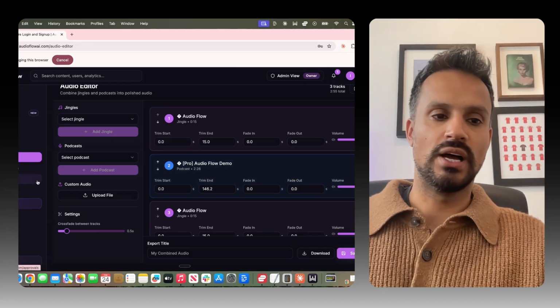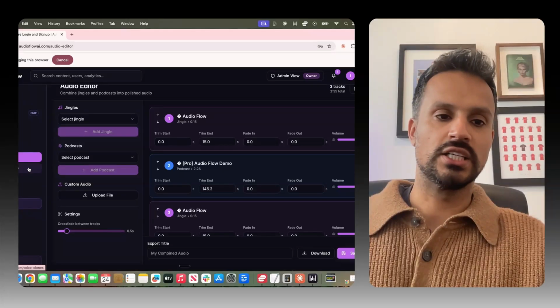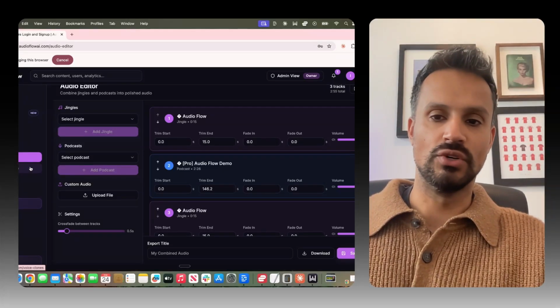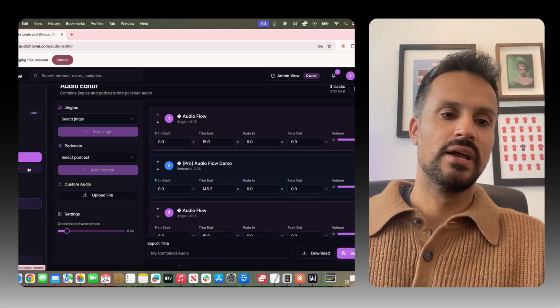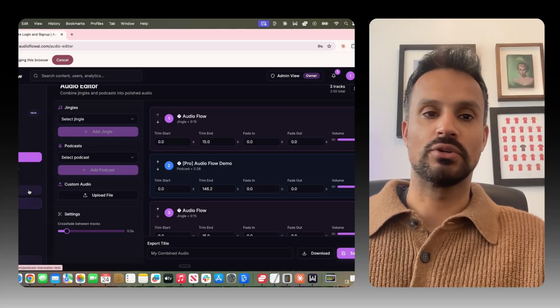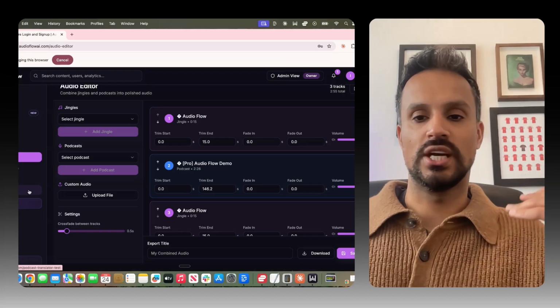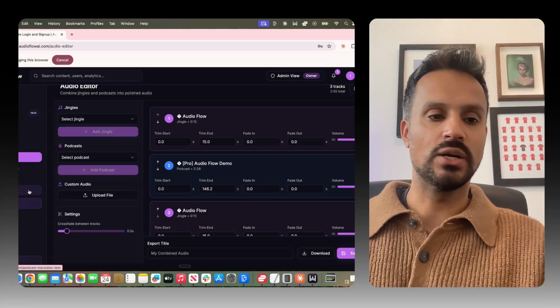So these are all features that you can do within the AudioFlow platform. There are other features as well: you can customize your own voices, so you can record your own voice and customize that in there. You can translate, so you can take an existing podcast. Any podcast that you've got, you can upload a real conversation and translate it into up to 30 different languages.